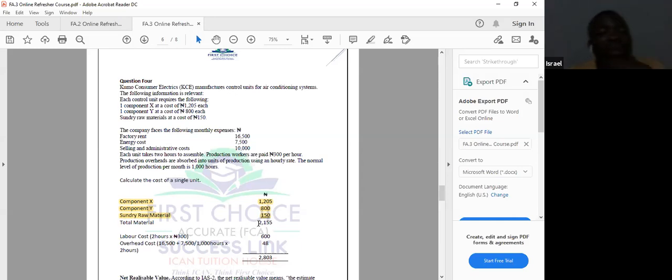After we have calculated our total material, the next step is to move into the other costs. Other costs that will now be used to convert this raw material into finished goods. So the first one that we have here is rent, which is 16,500. Now, with that rent, it means that if you have a rent and you do a lot of